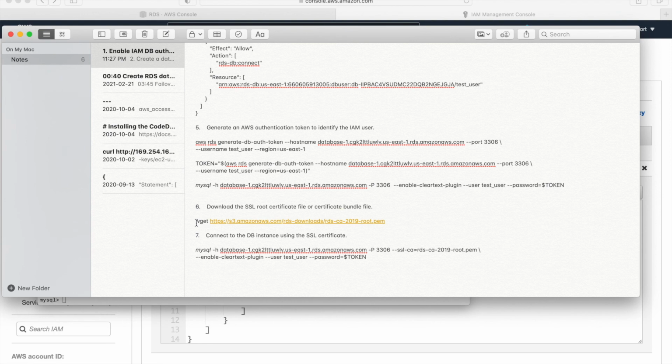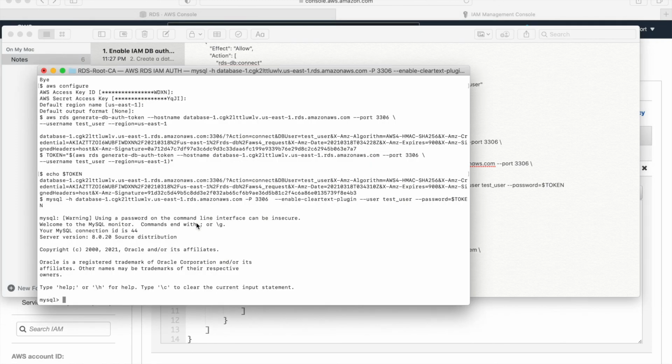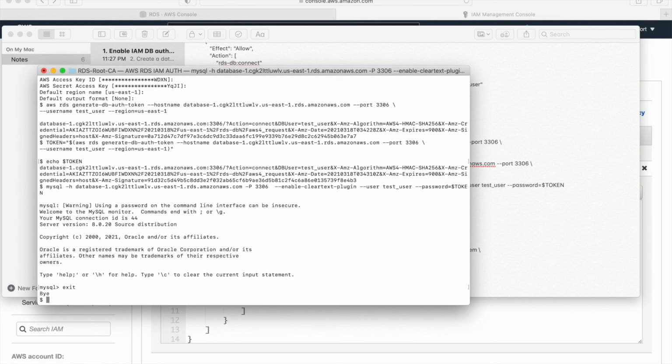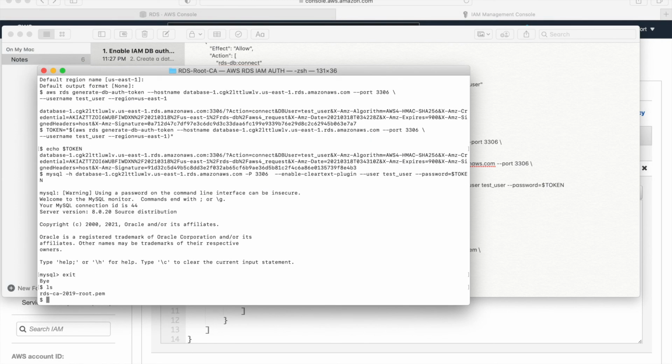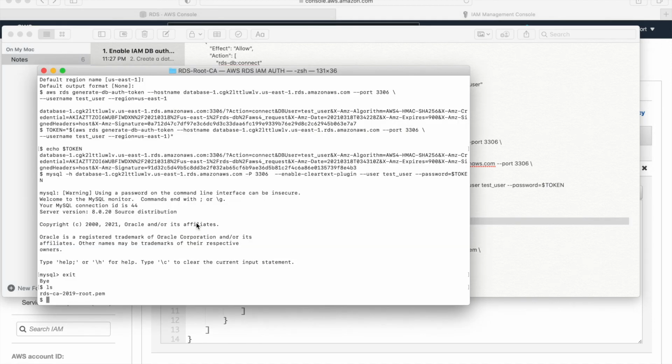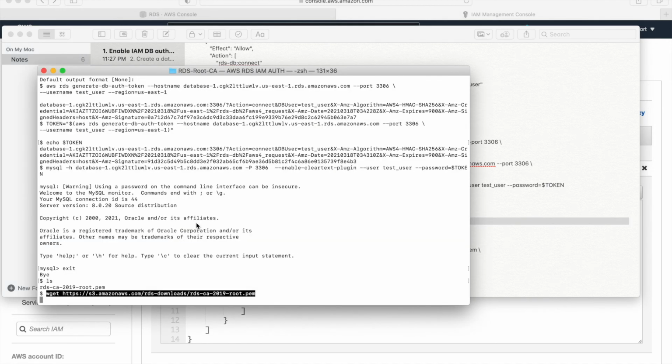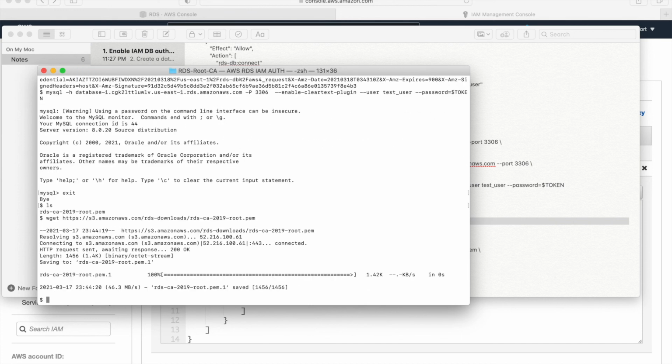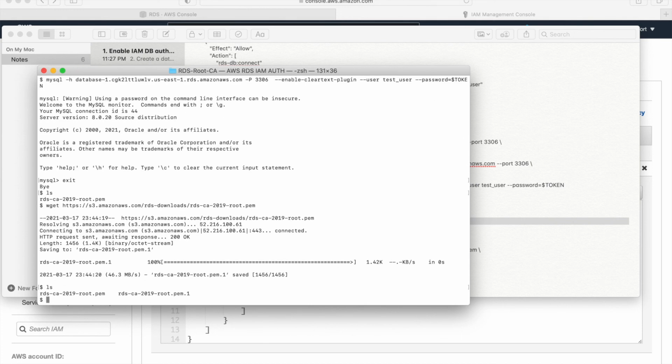Run this command on the AWS CLI and download the root certificate. I already downloaded this, but let me download it once again, it doesn't harm, so that you can see what happens when you run wget. It's a quick thing, a very lightweight certificate file.